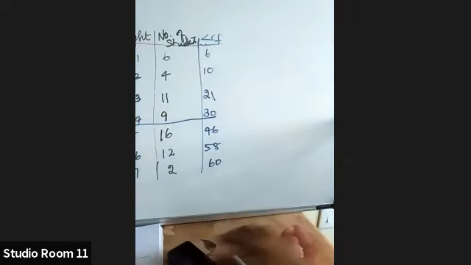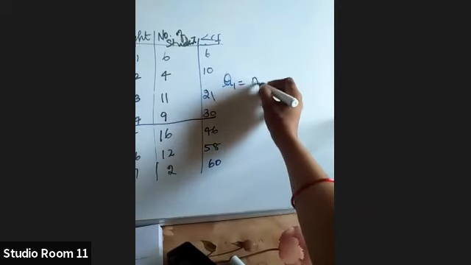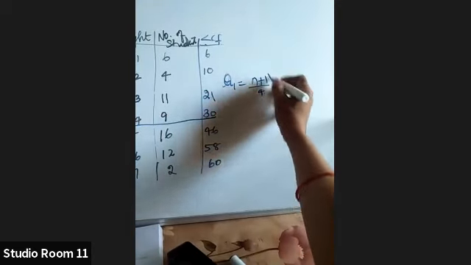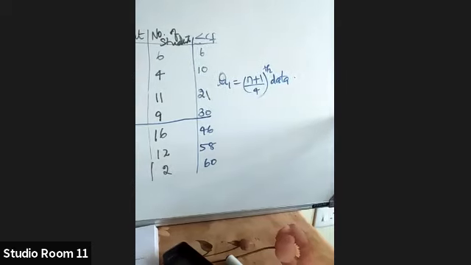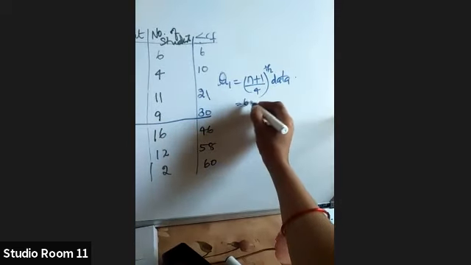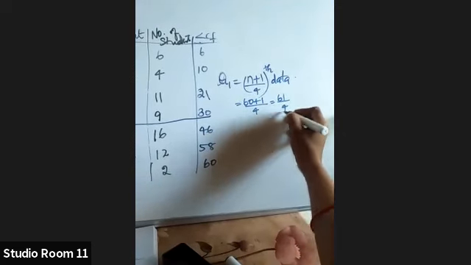So the next is the lower quartile. What is the formula for the lower quartile? Q1 is given by the (n plus 1) by 4th data. Now look here, n is 60. It is even, so whenever we get an even number, we can take the two middle values. We substitute n here: the (60 plus 1) by 4th data, 61 by 4. What is 61 by 4?